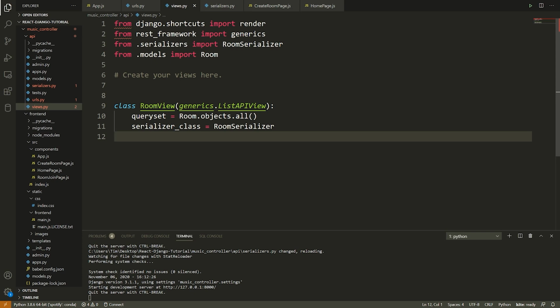Now, I'm going to spend a lot of time talking about how this works because this is very important. And I do apologize if we're only going to write, say, 20 lines of code in this video, but I'm really trying to make sure that you understand this, because if you want to write API views that are different from the ones that I have, well, you have to have the knowledge to be able to do that. And so I'm going to spend the time to explain it. But anyways, that was pretty much it for the introduction. Let's go ahead and get started, and let's start making that view that can create a room for us.